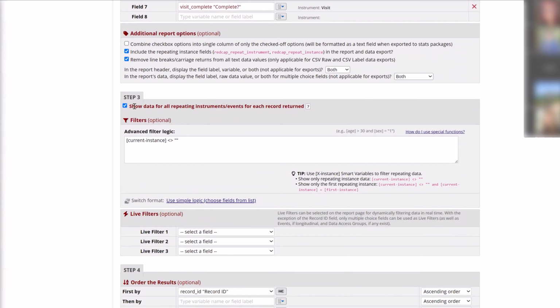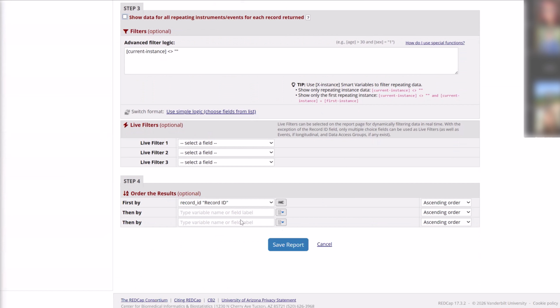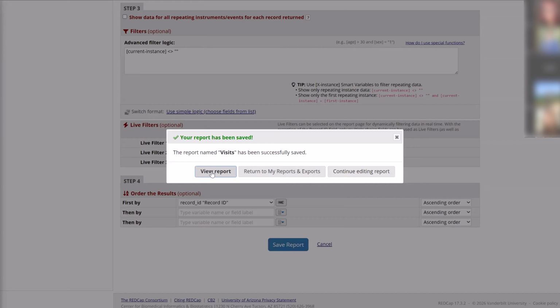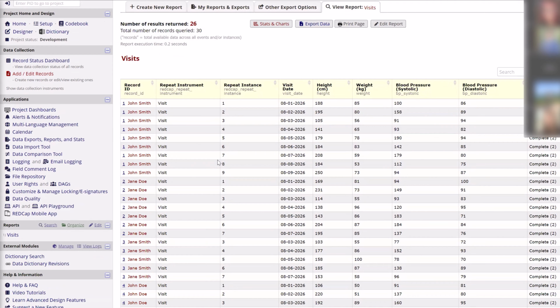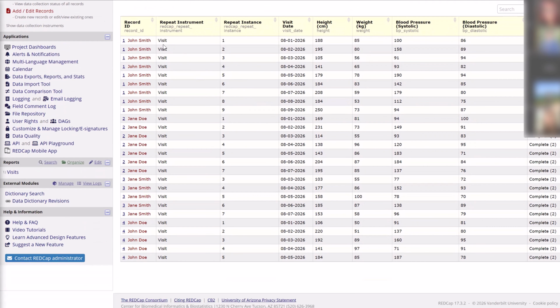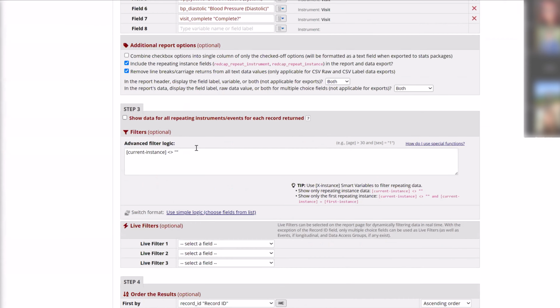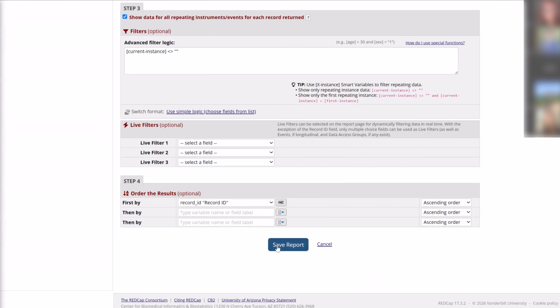So you also have to uncheck this "show data for all repeating instruments events for each record returned." There we go. So those are the two things you have to set. You have to uncheck that box, and then you have to put current instance does not equal blank. And now it will only show you records that have the repeat instance value, because the records that don't have it are blank